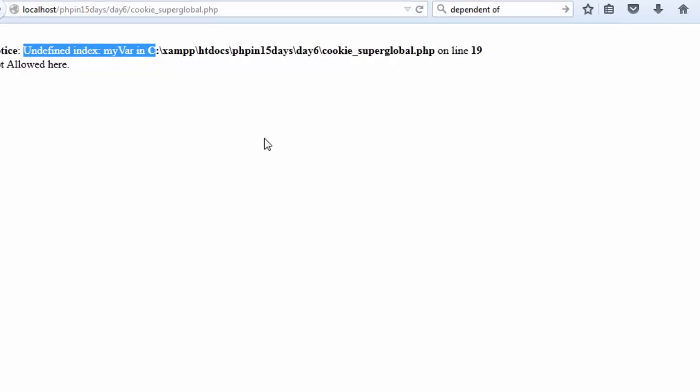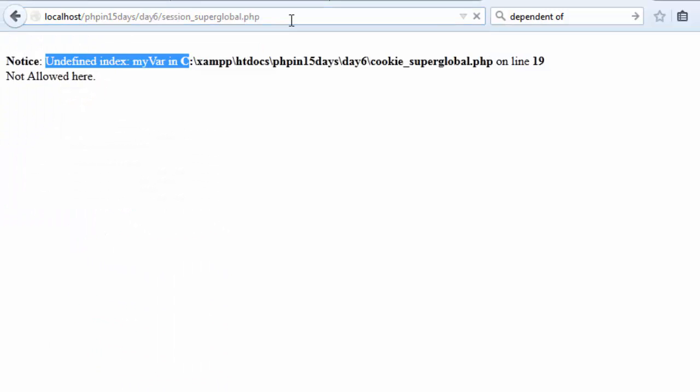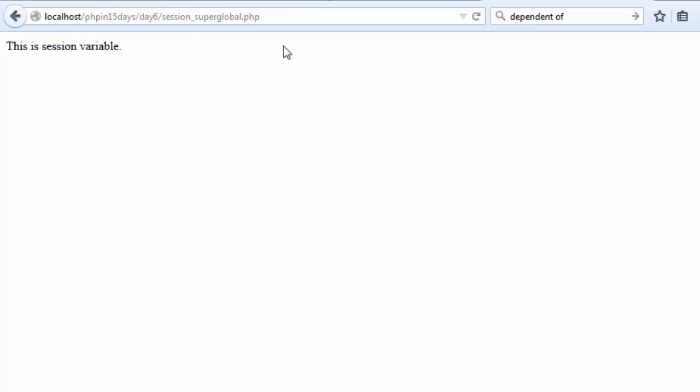Now once again, let's create a session myvar on the session page. Run our session page. Here we go. It's again set, and you can see its value too. Now get back to the cookie page, and here the value has been displayed as well as the message "You are allowed here," because the if condition returns true now. So this is how to start a session and get ready to work with sessions,